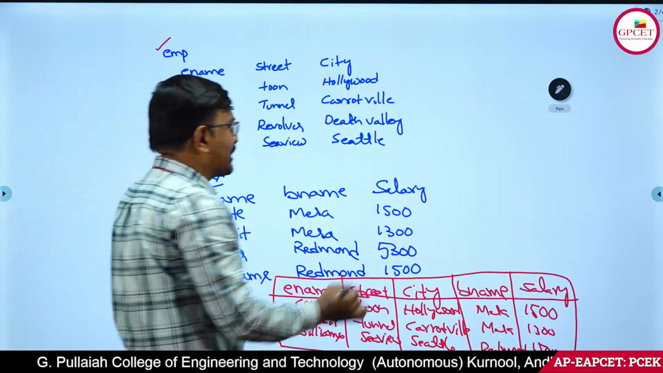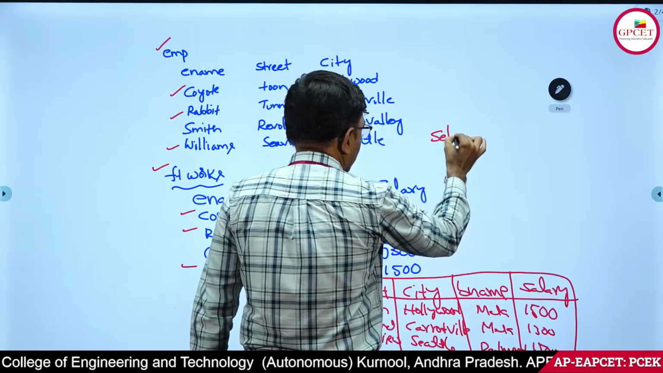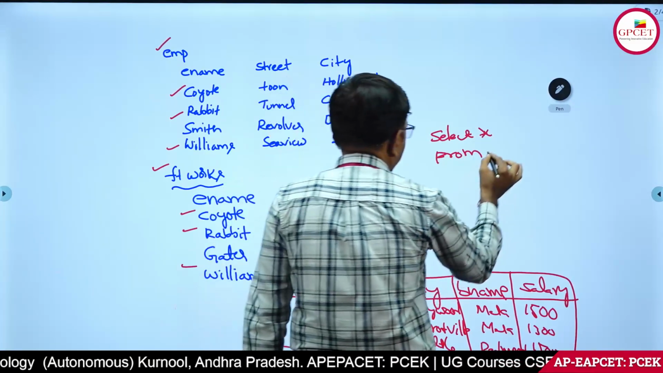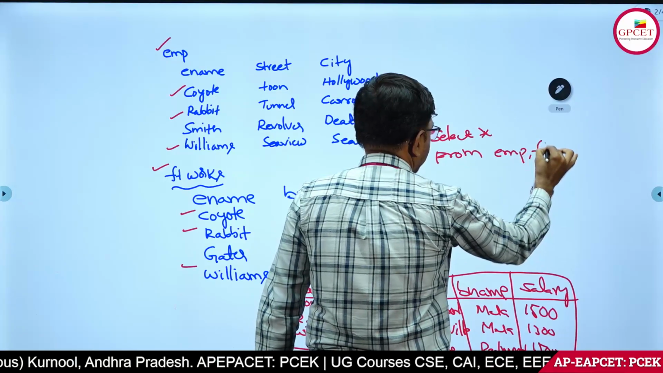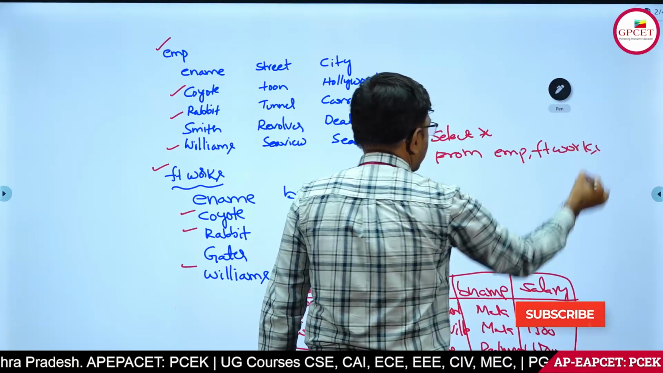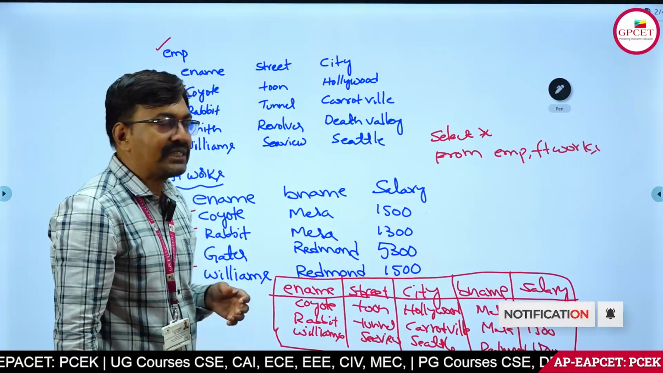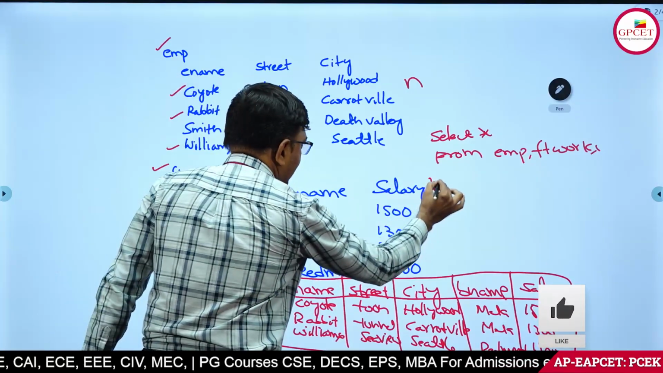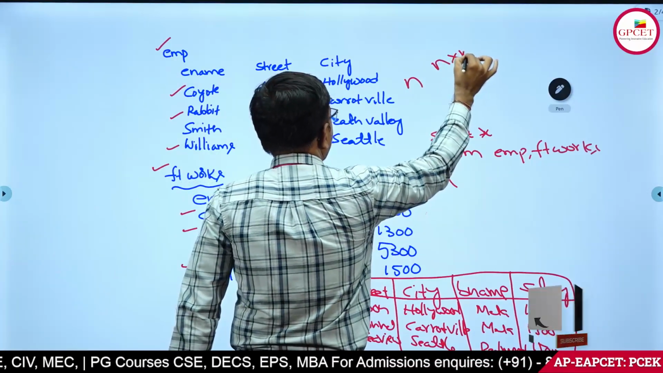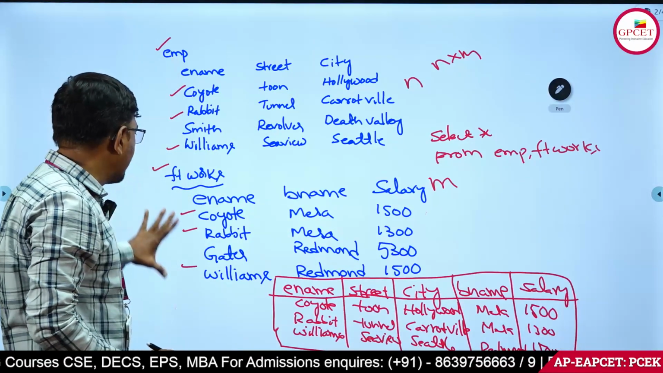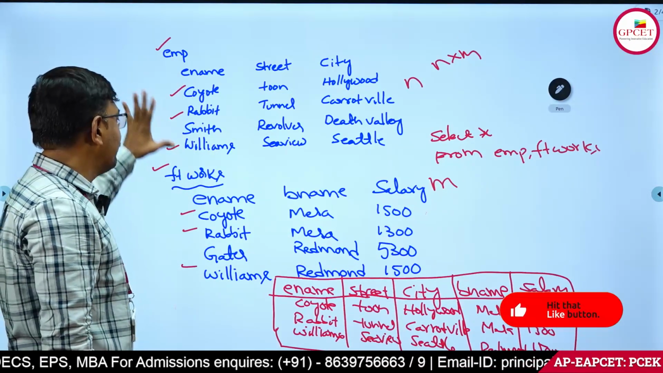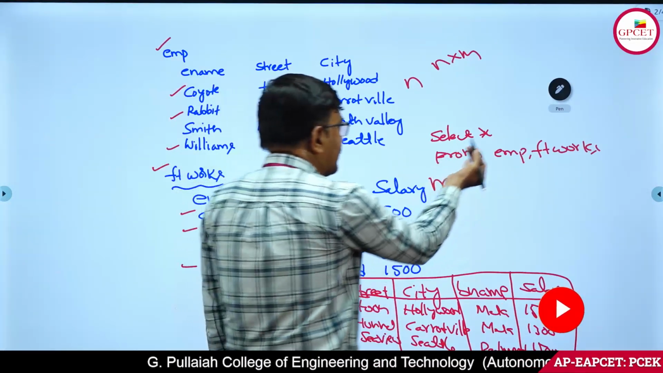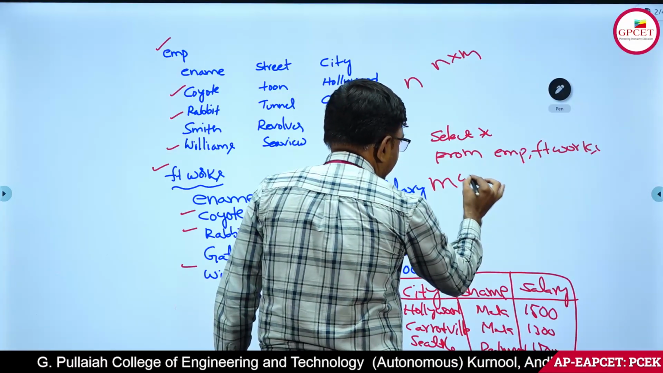What is the SQL query? The SQL query is select star from, how many tables? Two tables. Employee, comma, FT works. But the internal operation is a cross product. What is a cross product? I think you are familiar: the employee table has N tuples and FT works has M. The cross product is N by M. Employee has 4 tuples, FT works also 4. 4 into 4, 16 tuples. But common values, among 16 tuples, we can get only 3 tuples. That's from EMP comma FT works where